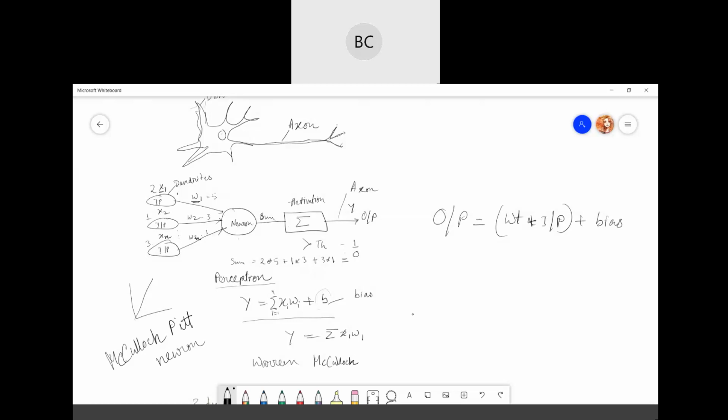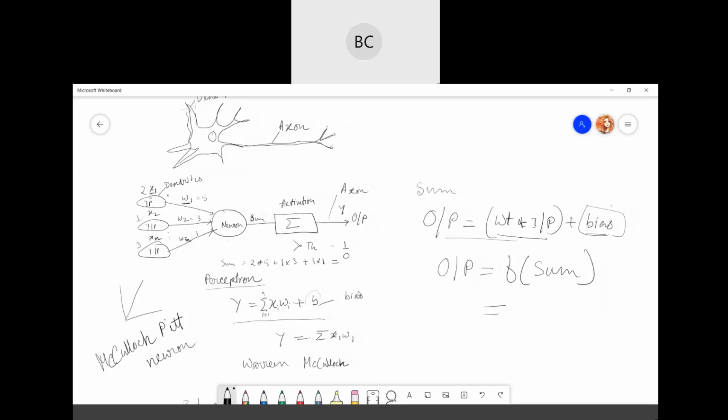So your activation function, what it does: the neuron fires if the sum is greater than the threshold. So if this is the output, output will actually be f of sum. Okay, this is basically the sum. In the case of McCulloch-Pitts, they just ignore the bias term. So the only part was weight times input, that's the sum. Then the activation function takes that sum, then decides.